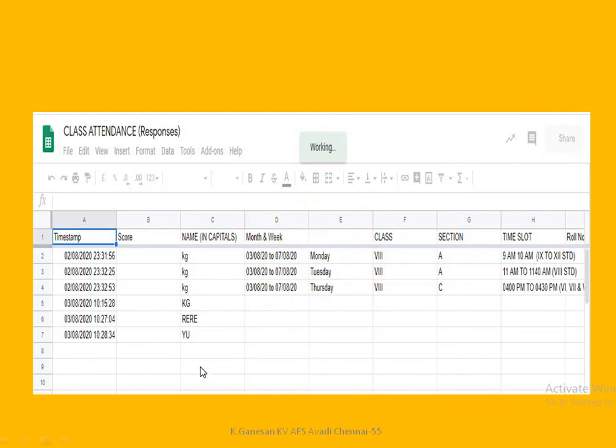Then by using our sorting and arranging techniques, we can work with it. Since the calendar is integrated, the date and everything can be entered by the students. You can do it day by day, or weekly you can do the sorting and arrangement, and store the information separately in a second sheet and hide the sheet, or every month you can sort and then hide. This is how we can do it class wise, subject wise, and time slot wise.